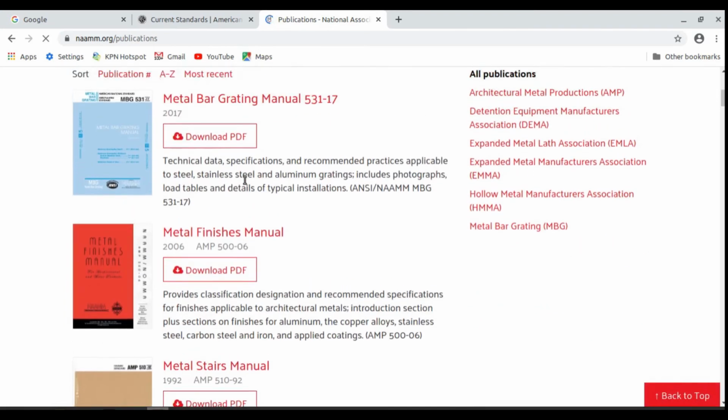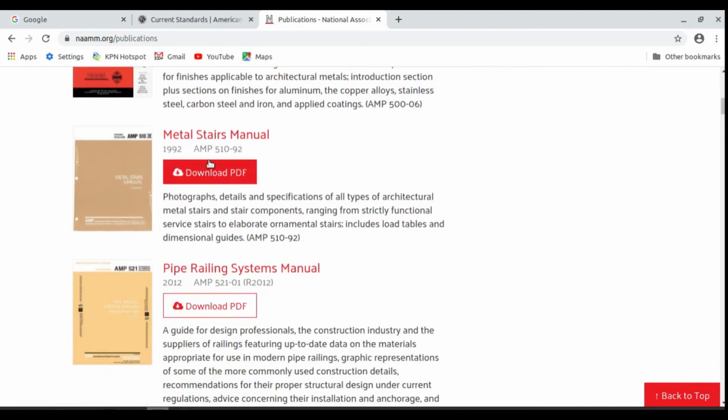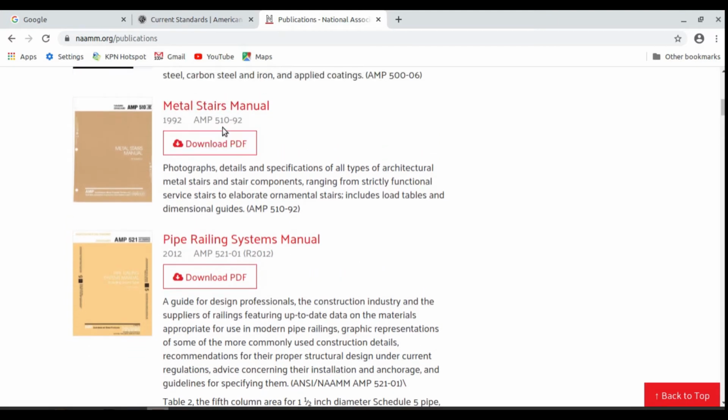So other than staircase and railing, you can search here. Metal bar grating manual is there, metal finishes manual, and the metal stairs manual I showed you. This is AMP 510-92. Pipe railing systems manual, AMP 521-01, revised 2012. These two are the main materials you should have for staircase design: the metal stairs manual and the pipe railing